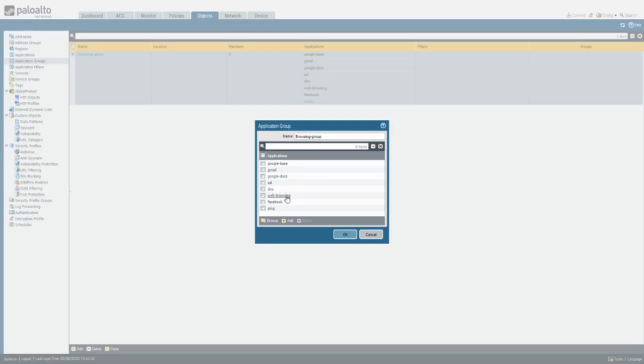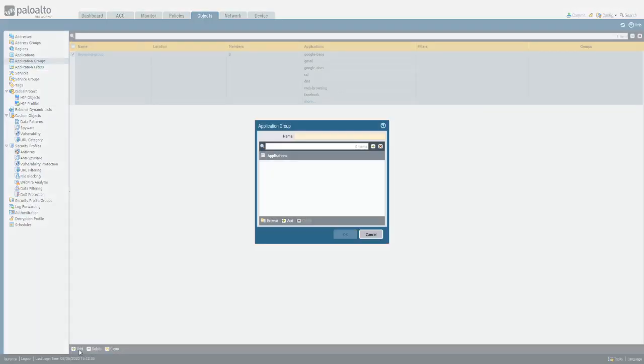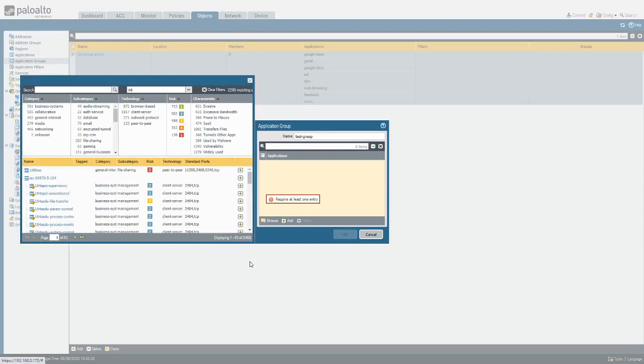Web browsing is port 80 and is a prereq for all web browsing. Facebook, and then we're allowing ping. Okay, and that was created simply by creating a group, test group, and you browse,